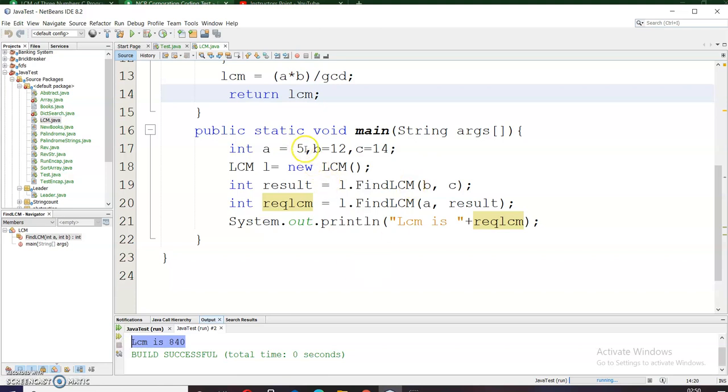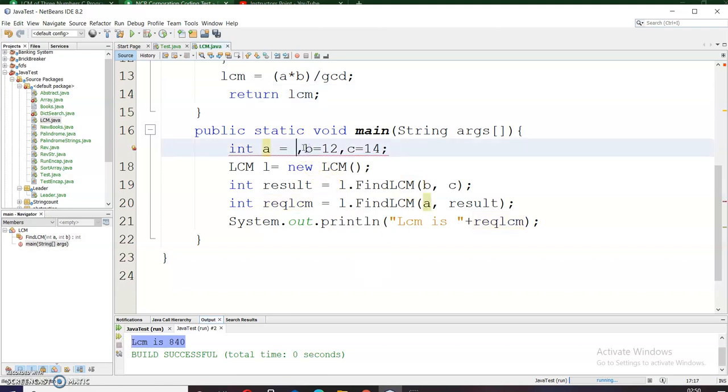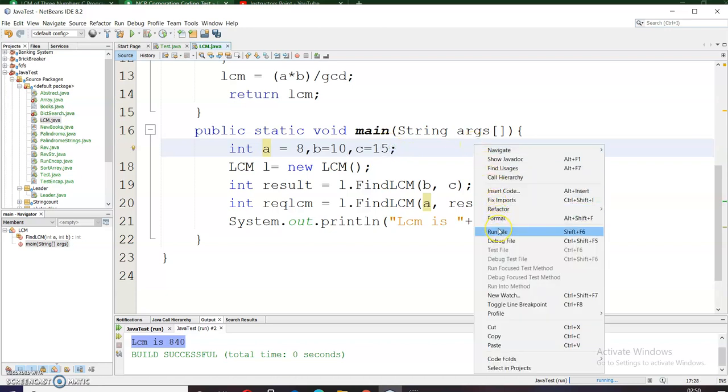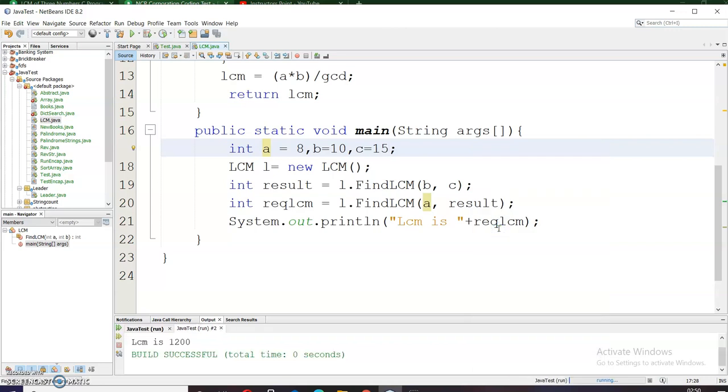Now let's change the values to check for some other numbers: 8, 10 and 15. We have got our answer as 1200, but I think this might be wrong.